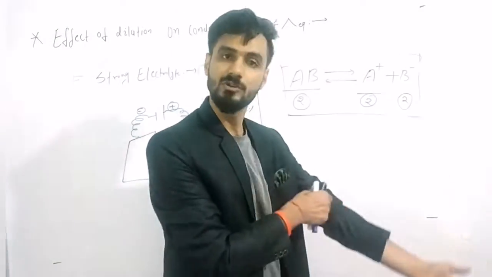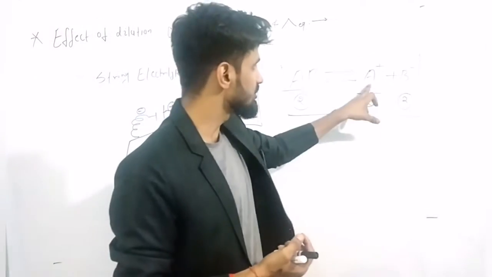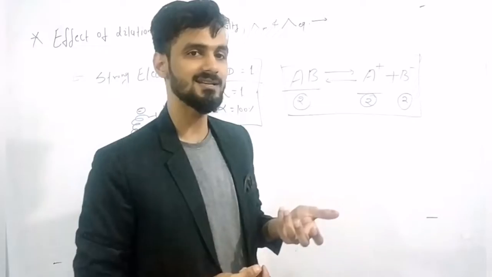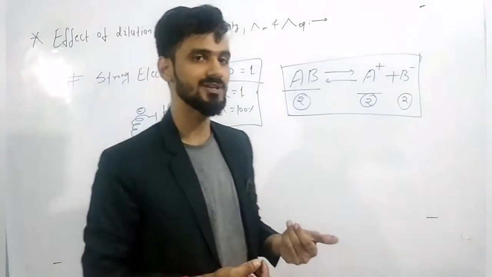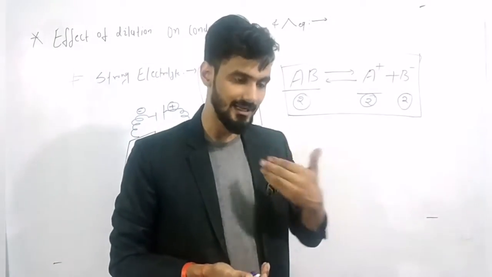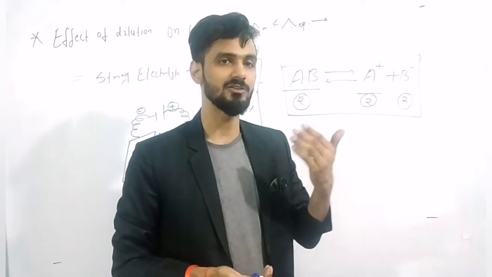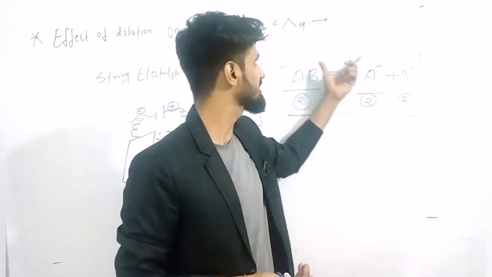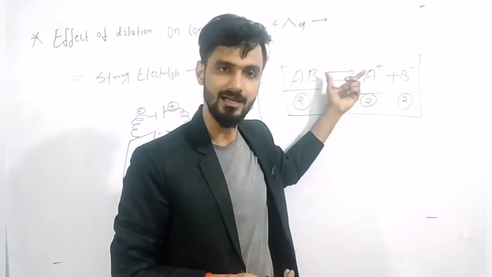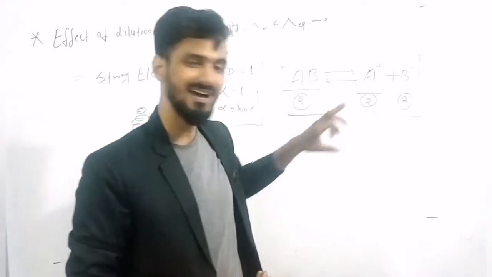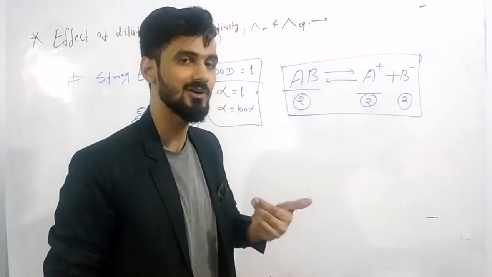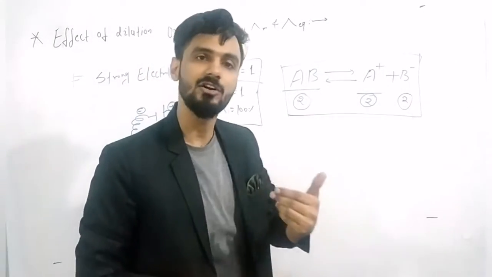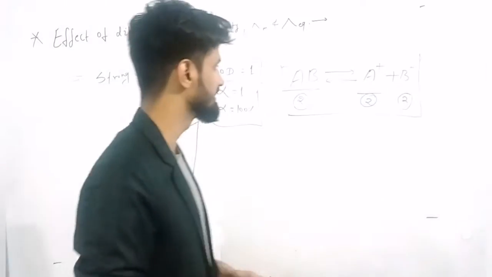If the number of ions were increasing, then the number of charge carriers would increase in the solution, and the electric current, or flow of charge per unit time, would increase. Due to this, the molar conductance or equivalent conductance should increase. But here the number of ions is not going to increase. So what is the driving force for the increment in the value of molar conductance or equivalent conductance? Understand the reason.